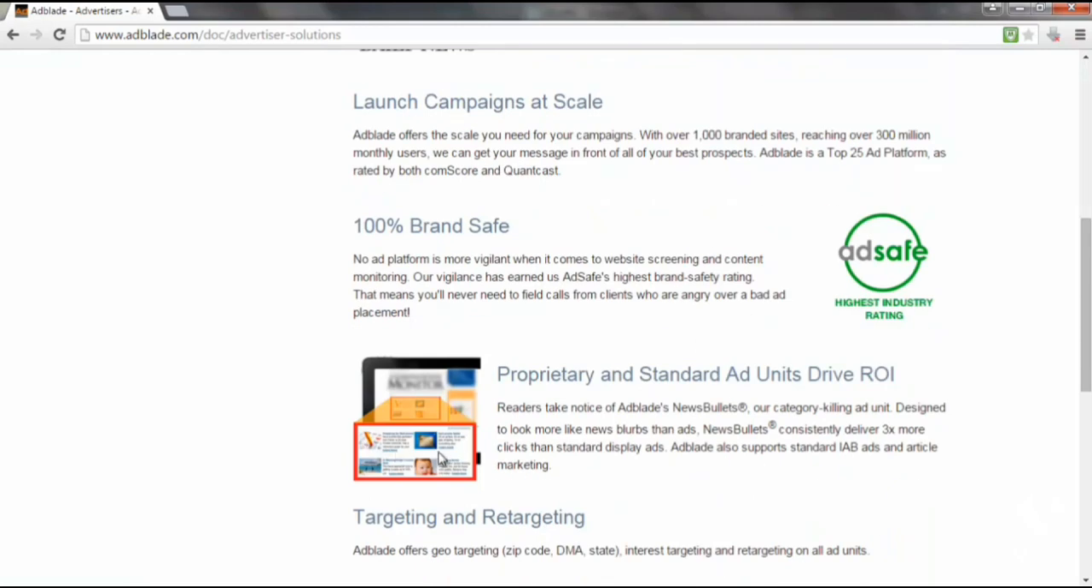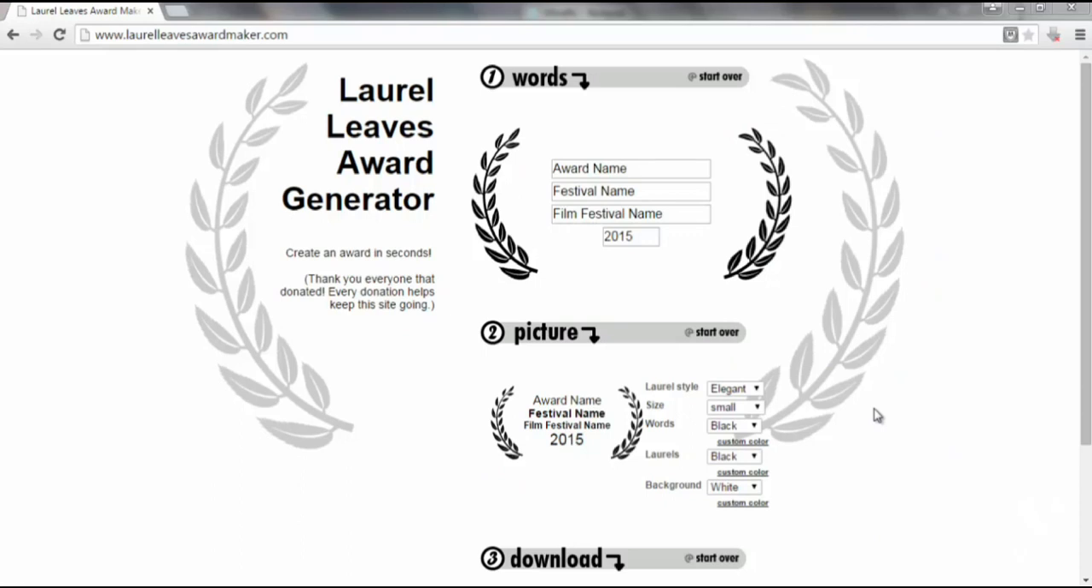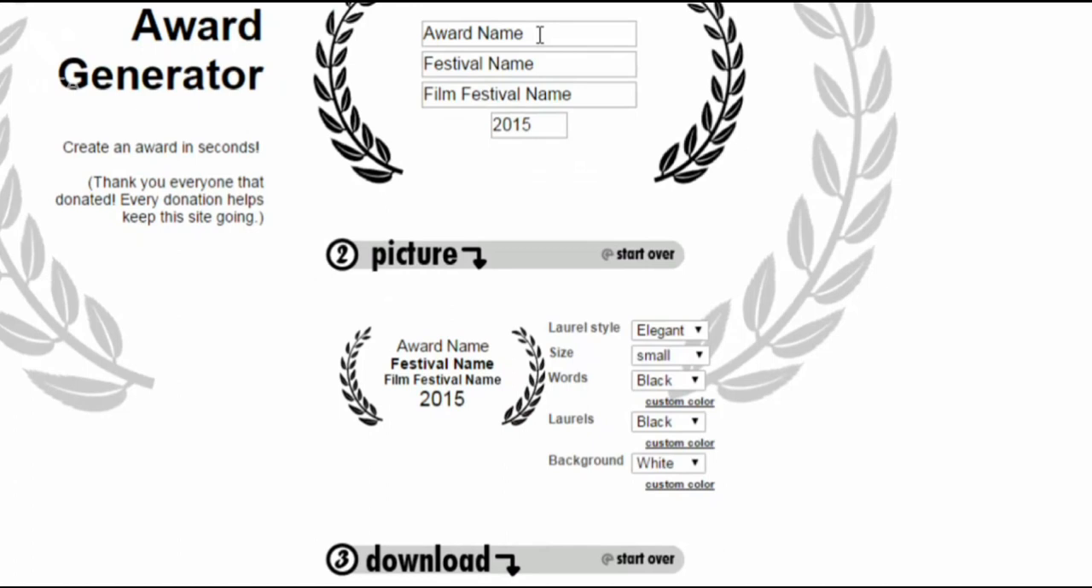Now I'm sure you've seen this type of award graphic before, like this here. So it's a little bit like the Investor in People logo. Now this website here called Laurel Leaves Award Maker enables you to generate your own graphic of this type using a really simple text entry format. So what we can do here is we could put